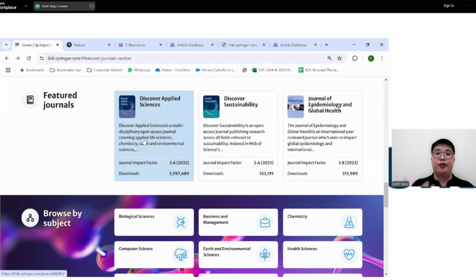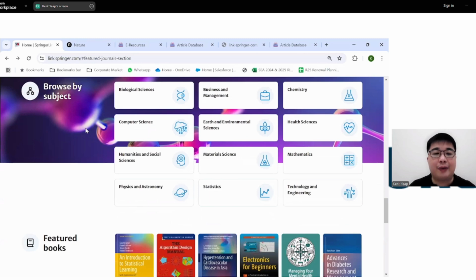So basically your user behavior on the platform, how much time you've spent on certain journals or certain books or certain titles, certain genres. It will realize that and then prompt you with featured journals that are relevant to where you spend your time. So if you've been reading a lot of chemistry titles, the featured journals will more than likely be featuring other chemistry titles for you to read.